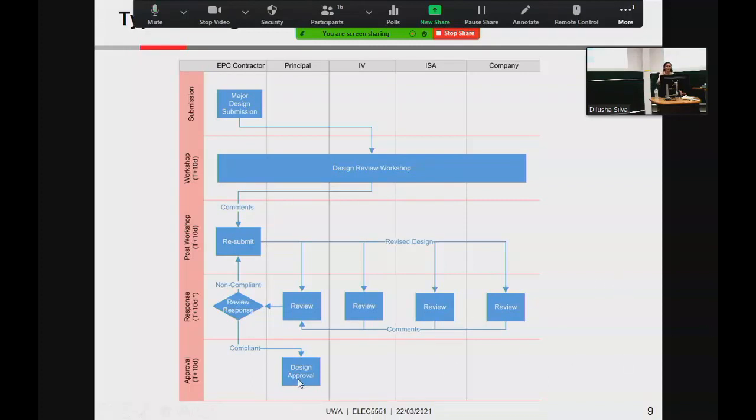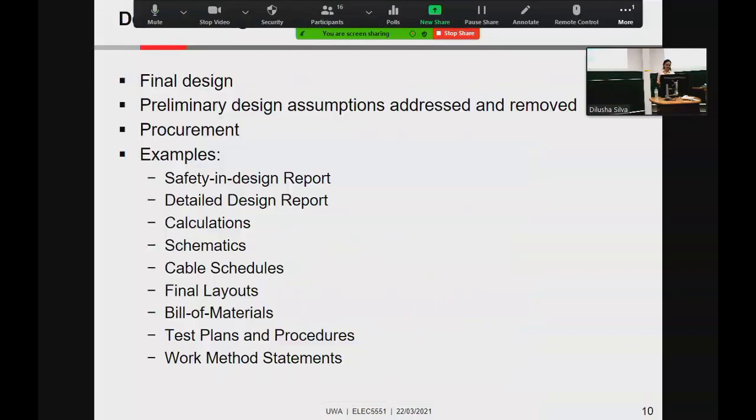Your design is approved, let's suppose, your preliminary design. Then next you do detailed design. That again goes through all of that. Once detailed design is done, that's when things get easier. Detailed design, so it's the final design. So you remove all the assumptions that were in the preliminary design. Then you start procuring things, and the